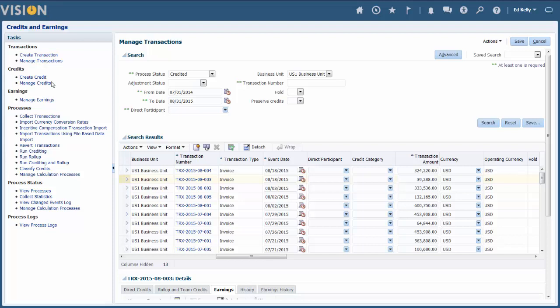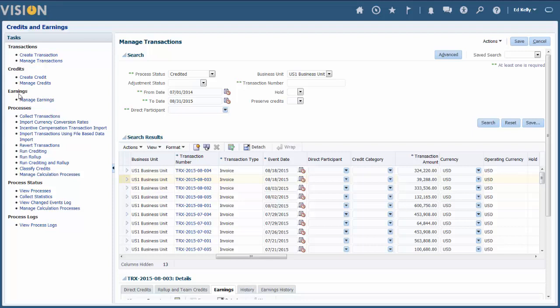And in the left navigation, you're going to see 3 of the 4 transaction objects. You're going to see the base transactions, the credited transactions, and the earning transactions. I mentioned a little bit ago in the last lecture that the next module is on payments. And there's actually another work area called the payments work area, and we'll go into that in detail in the